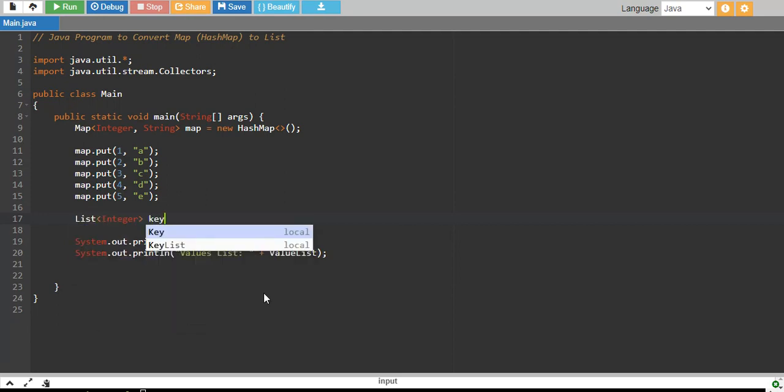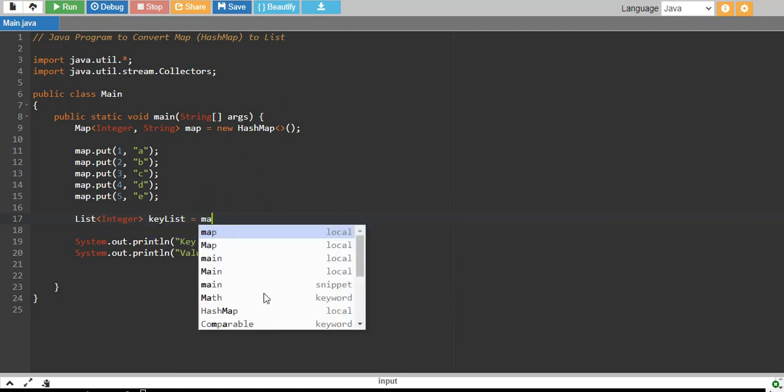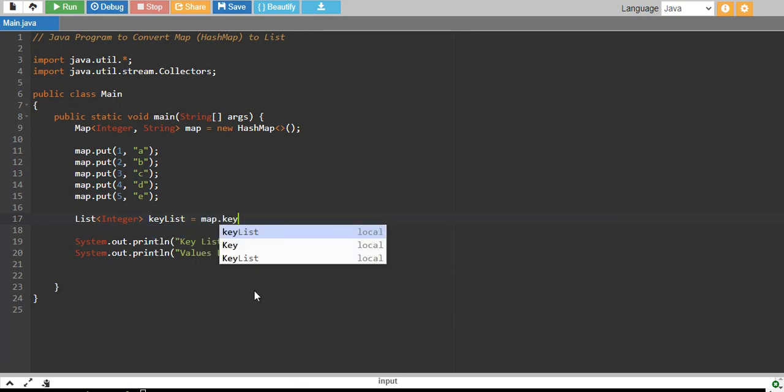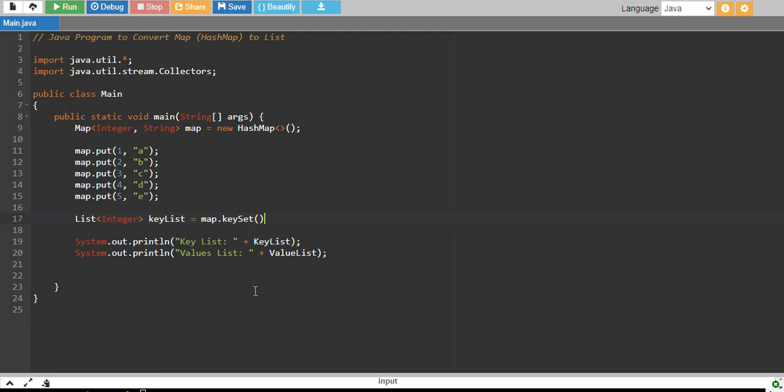This is key list equals map dot key set. I'm getting the keys, and dot stream, I'm streaming them, and then we need to collect them and convert them into a list.